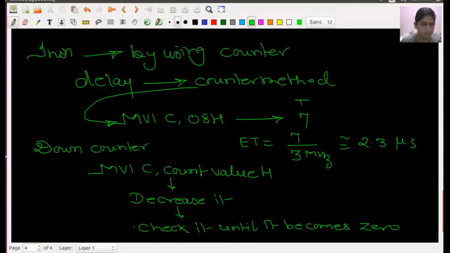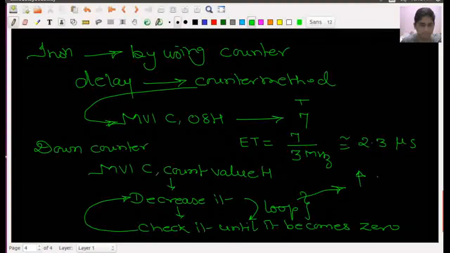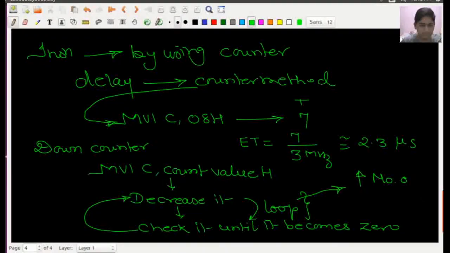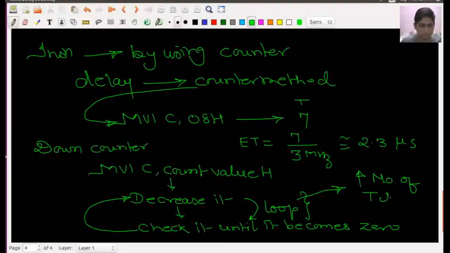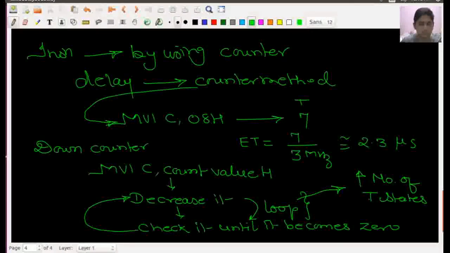So check it says that you have to continuously decrease it, so I am using one loop. This is the loop. Ultimately this loop increases the number of T states by using a loop technique. If the number of T states increases, then obviously my execution time increases.